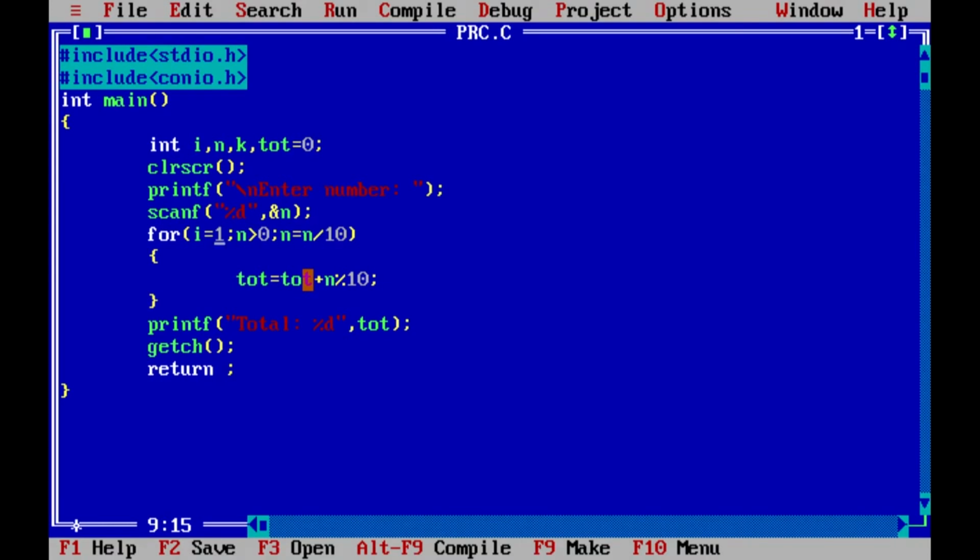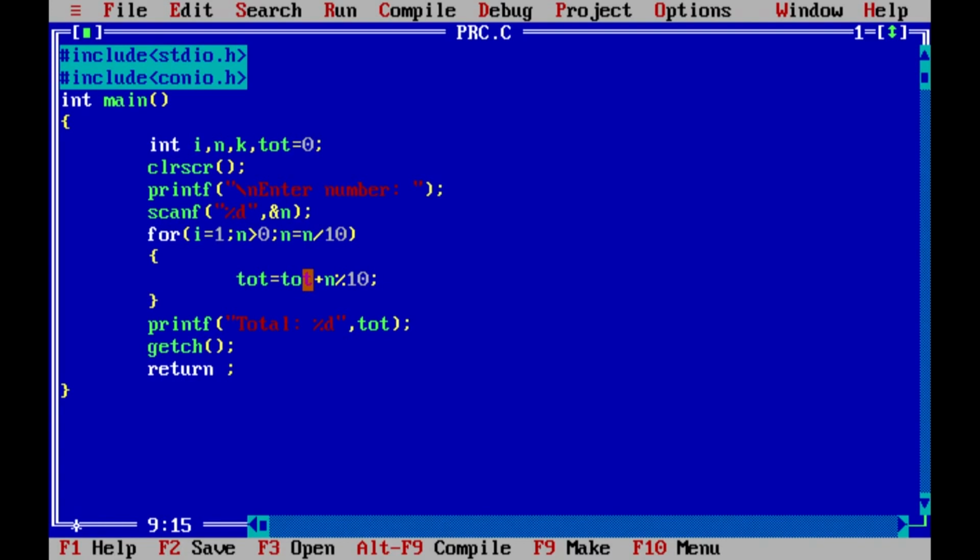What actually happens is, if we input a number 123, then it will first separate the last digit, add it to total, so total will become 3. It will divide the number, and the number will become from 123 to 12, and then it will add the last digit, that is 2, to total, so total will become 6.